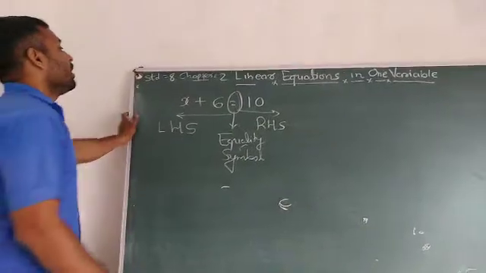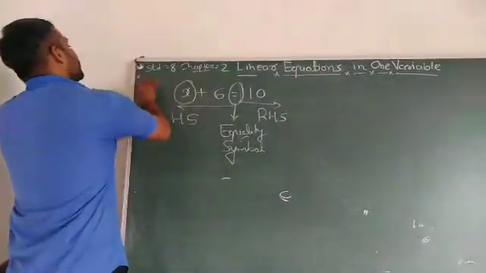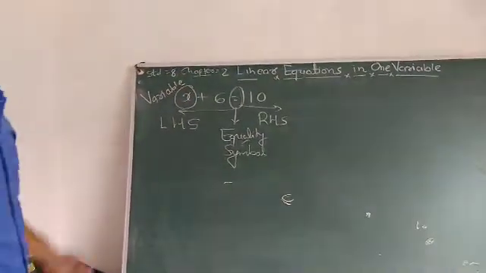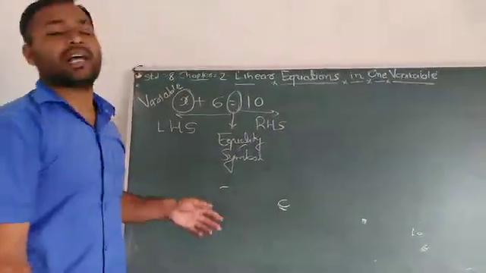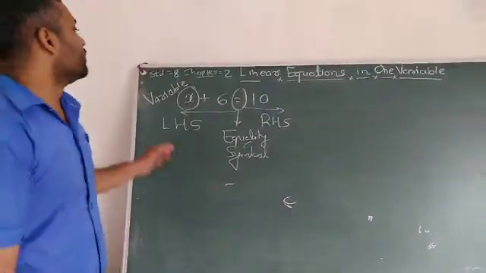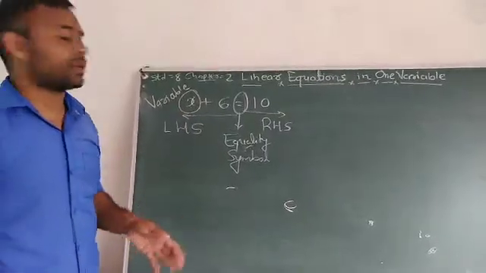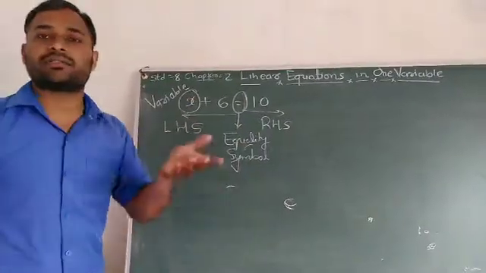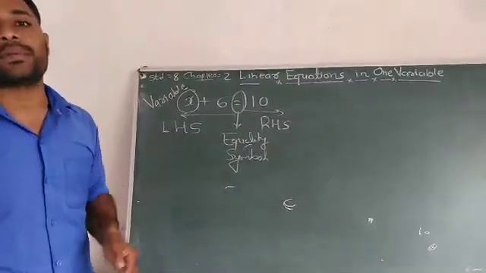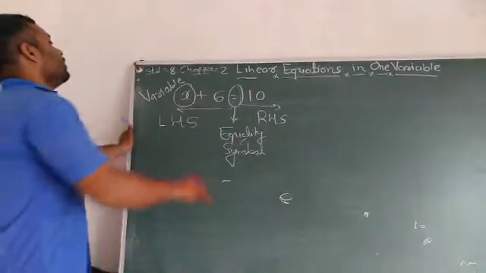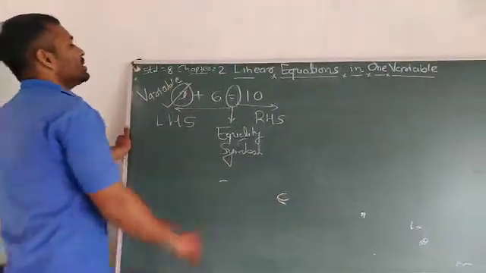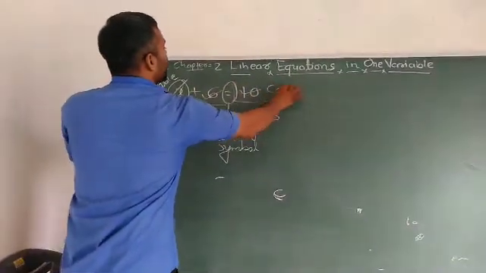Next, x is your variable. What is the meaning of variable? Variables are alphabets like x, y, z, up to any alphabet, and their values differ from example to example. Suppose in this example x is equal to 2, in the next example x is equal to 4, then 6. Variable means different types of values. So an alphabetic symbol is known as a variable. These are the numerical or constant terms.